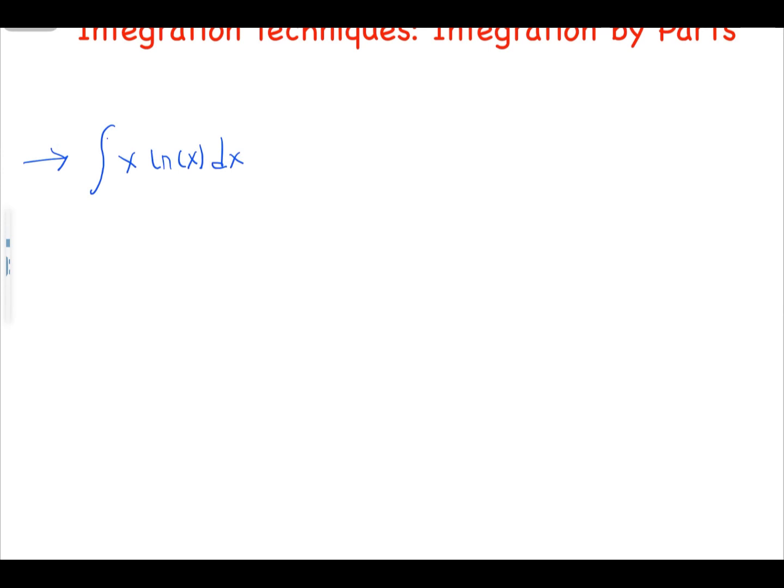Because of that, we are going to make some trial and error over here, so that when you get a question and you are supposed to do something about it, you will know where to go and where to pick your things from. So having an example like x ln x dx,